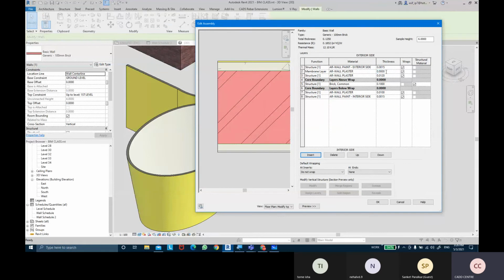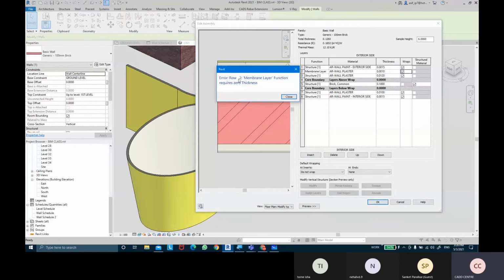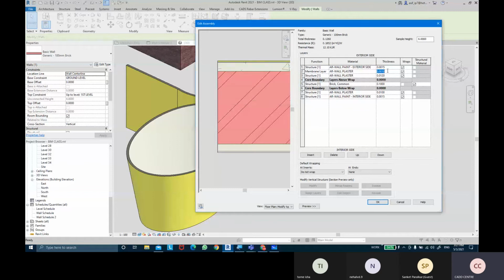But make sure the 0 thickness is there. I'm not going to add any thickness to this membranes layer. Now if I add, for example, 1 mm as a thickness and try to click on OK, it will give me an error. It says error, row number 2, membranes layer function requires 0 thickness. So make sure that the thickness for that layer is 0.